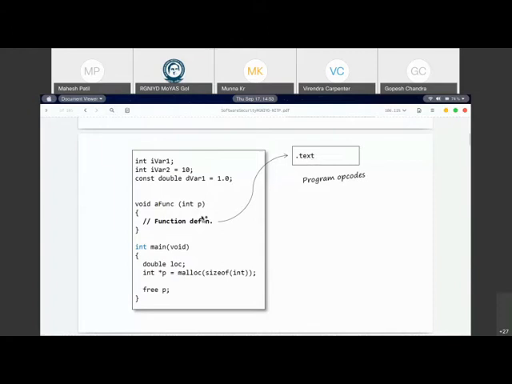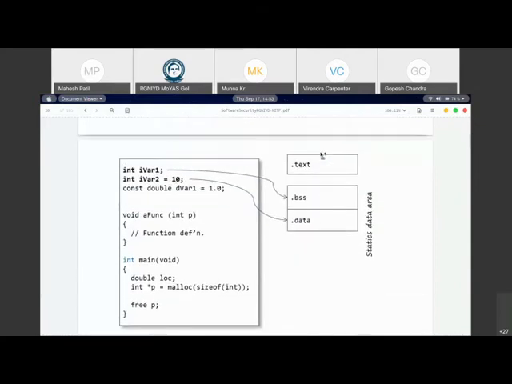Whatever statements or logic we write inside a func will be converted into assembly and put into the text section. Those are called program opcodes, and that is what the text section holds.